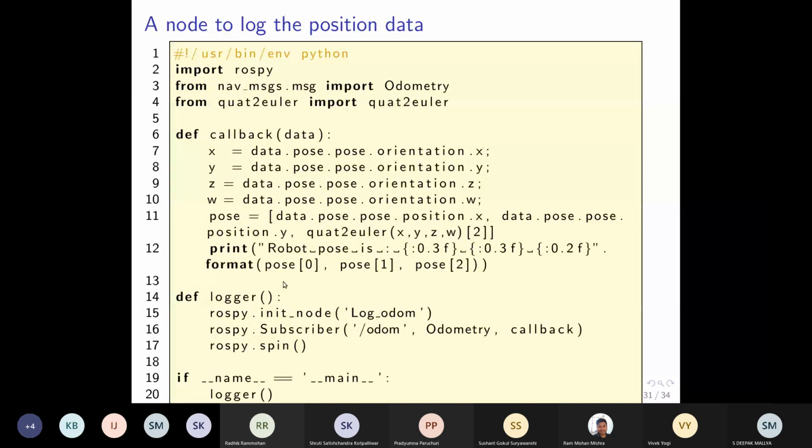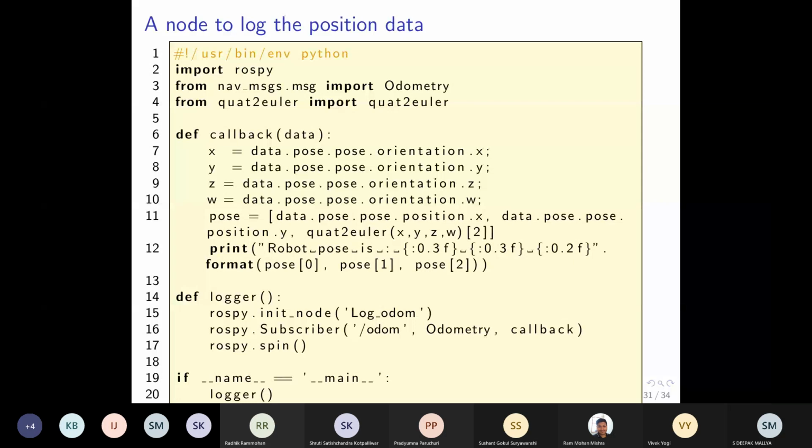We are getting the odometry information of the robot from a topic. What is that topic called? That is called odom. And how do we get data from a topic? We use a subscriber for that, and that is in line 16. This is where we are creating this subscriber, and it is subscribing to the topic called odom. And what kind of message will this topic give me? It will give me an odometry message. But where is this stored? It is in nav messages. In line 3, you see we are importing this particular message type from nav messages.